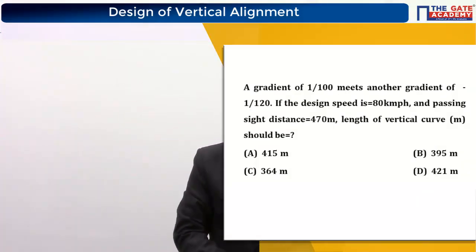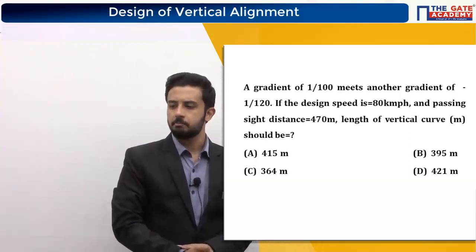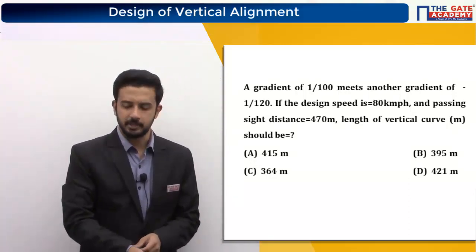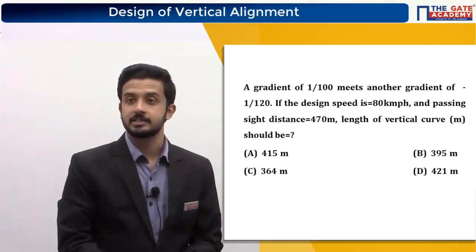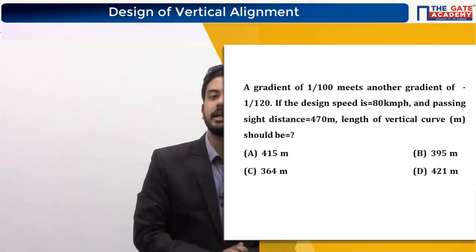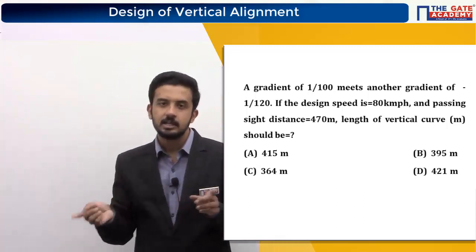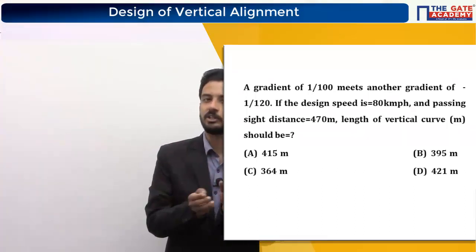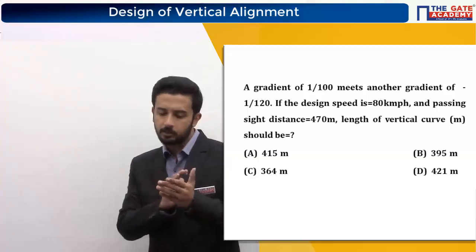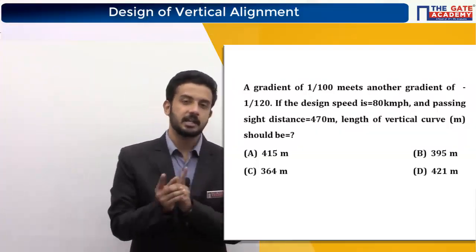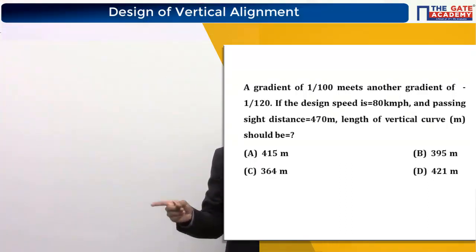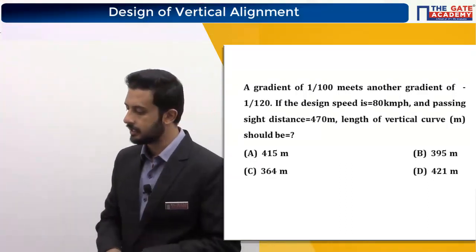What may it be? What do you mean by passing sight distance? Tell me. Yes, very good. It is overtaking sight distance. Whenever you have written the heading of overtaking sight distance, just go there and write this word also in the bracket: passing. We are going to pass an object now. So stopping sight distance I can also call as non-passing sight distance. Just write that also.